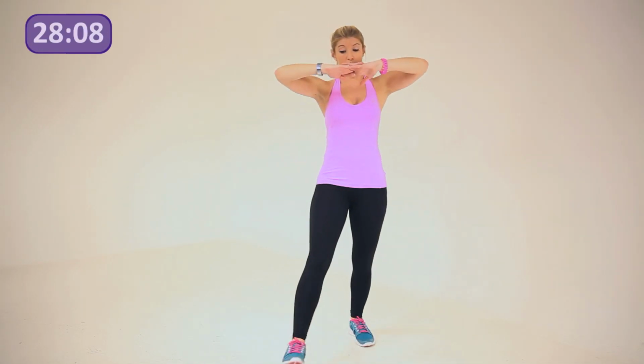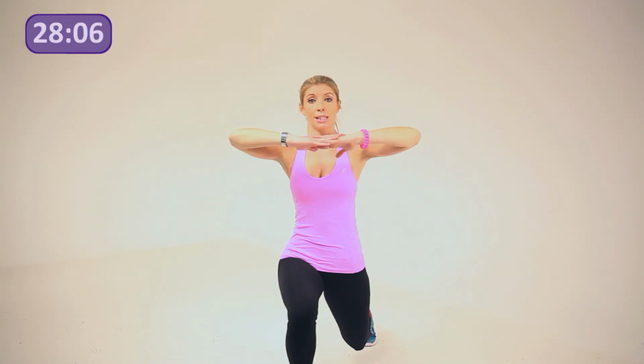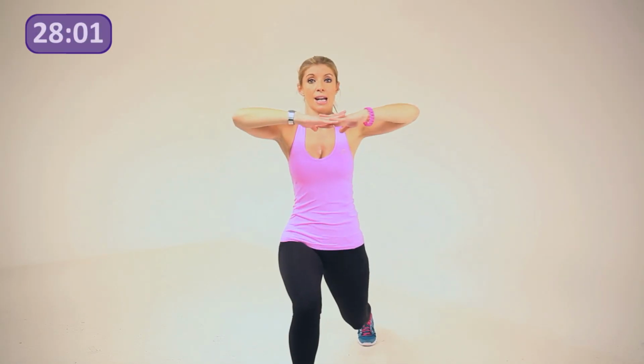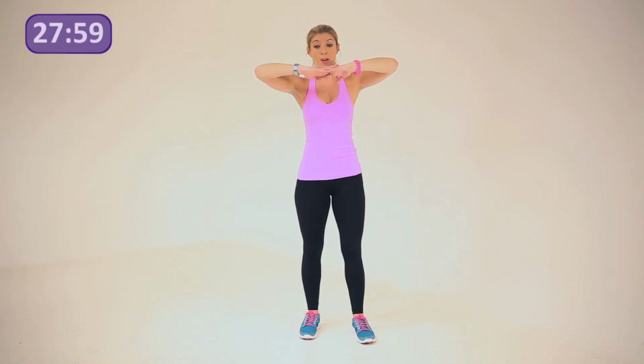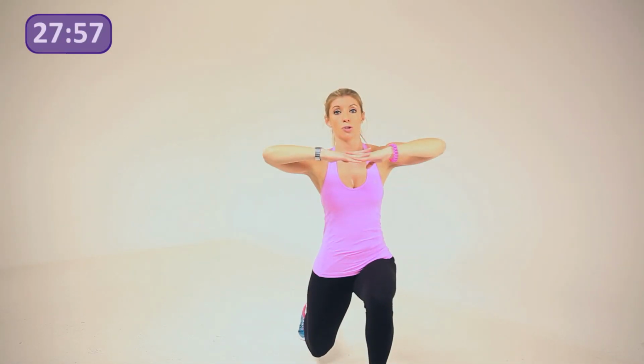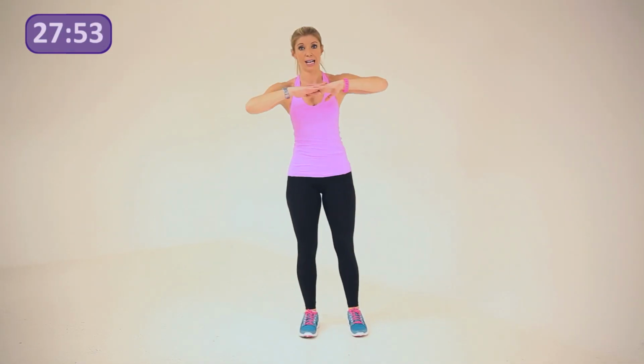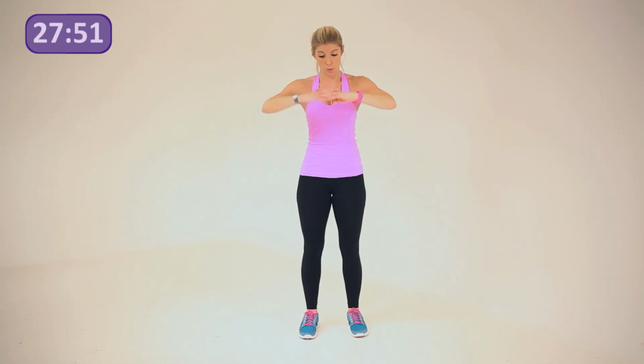So you're going to step forward, drop down into the lunge, turn 90 degrees to the side, back in and release. Repeat on the other side. Step, drop, come round, back to the center and release. So when you're ready, we're going to go for 12. So step, drop,